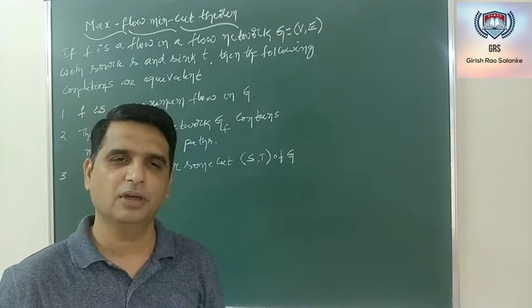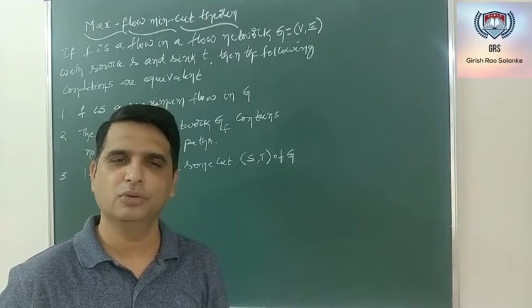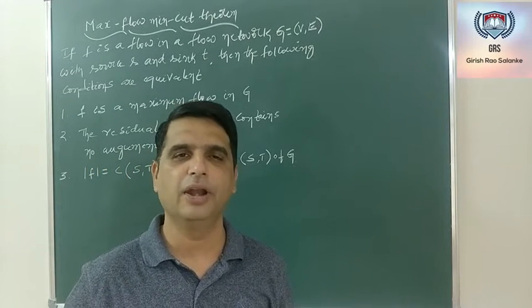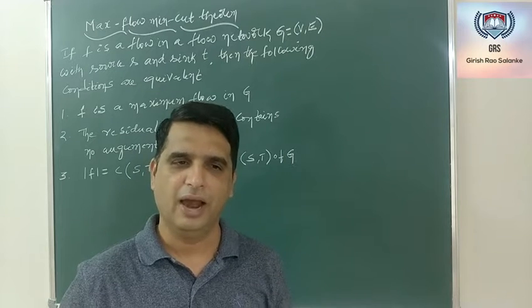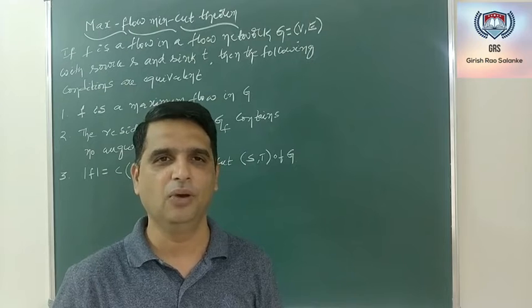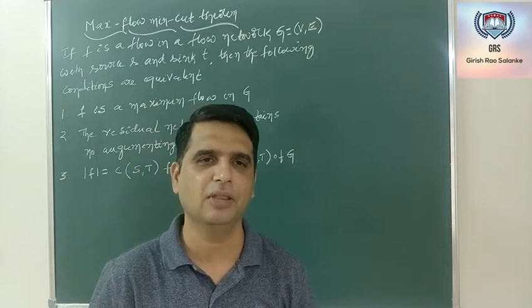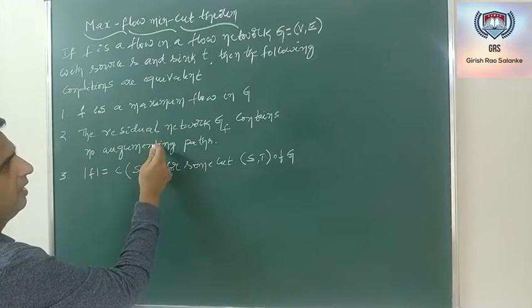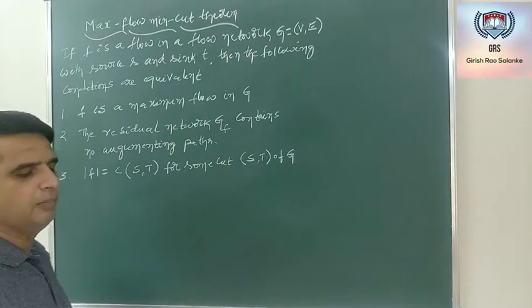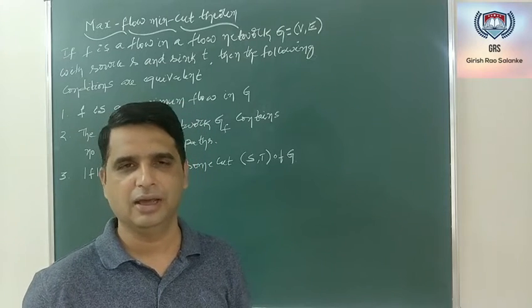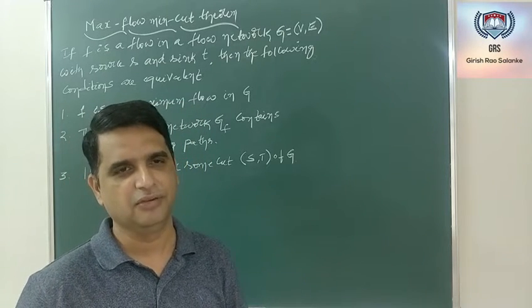If you remember, what was the Ford-Fulkerson algorithm used for? It was used to calculate the max flow in a flow network. Until and unless there is an augmenting path, you can increase the max flow. You have traced some examples on the Ford-Fulkerson algorithm. So the first two things are the same. If F denotes the max flow, then there will be no augmenting path in the residual graph denoted with GF.